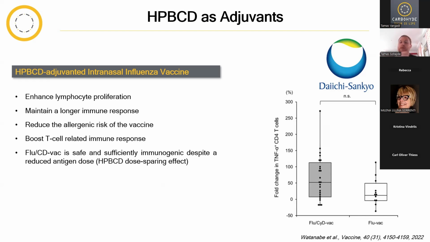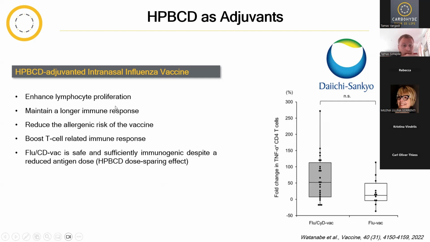And following up on this one, a much more recent study, and now we are going into human vaccines. So Daiichi Sankyo has an influenza vaccine in clinical studies, intranasal influenza vaccine, where again the cyclodextrin is used as vaccine adjuvant. And here I'm just showing you the comparative results of the original vaccine and the one where cyclodextrin is used as the adjuvant, and you can see the incremental change in the T cell response, T cell related immune response that the presence of cyclodextrins